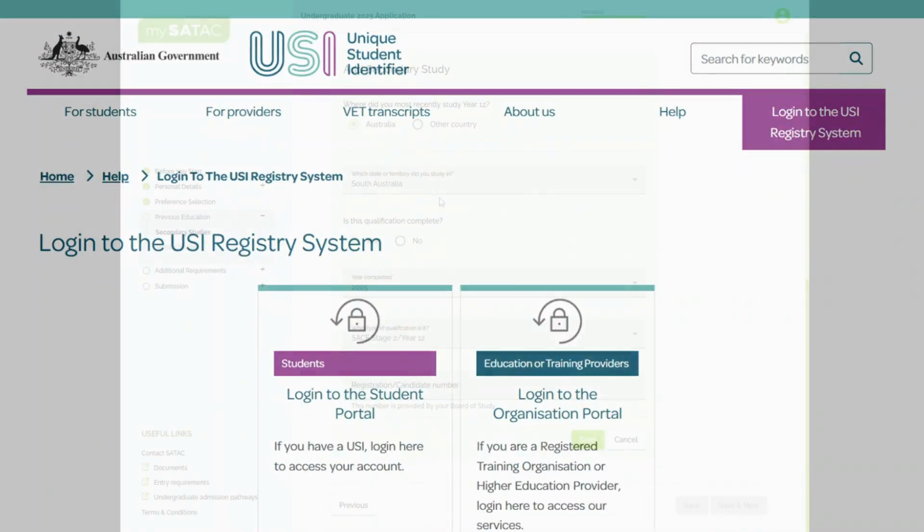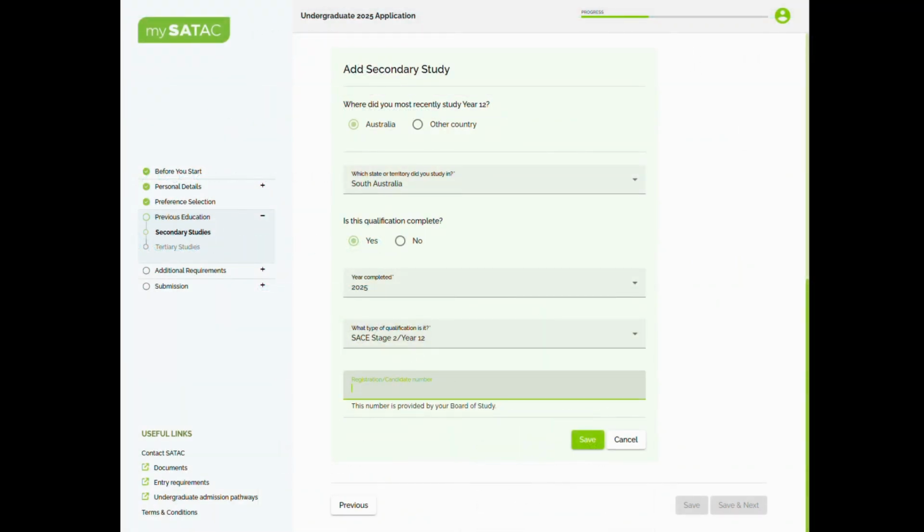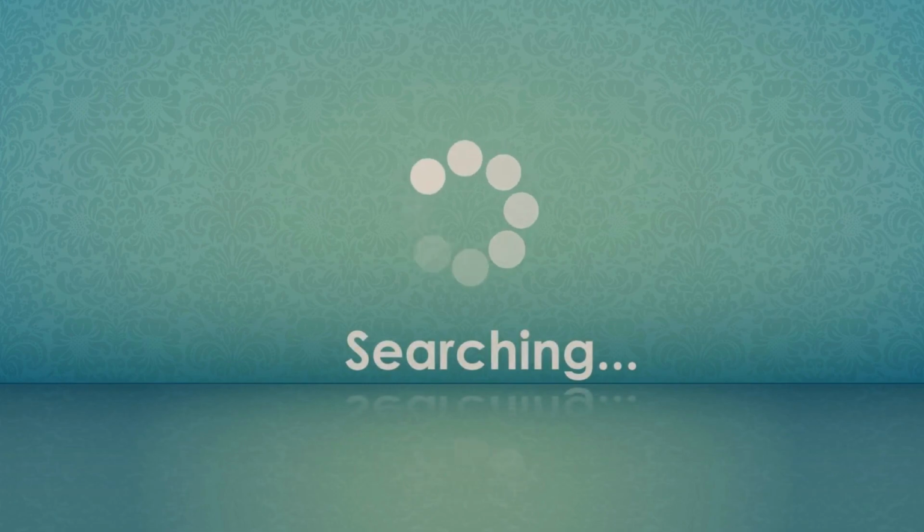You'll also need your Year 12 registration, candidate or student number, whichever was issued by your Board of Studies or the IBO if you did IB. This is very important because if you don't add the correct details of your Year 12 studies, we can't correctly identify you as a Year 12 applicant, and we also can't find your results and attach them to your application